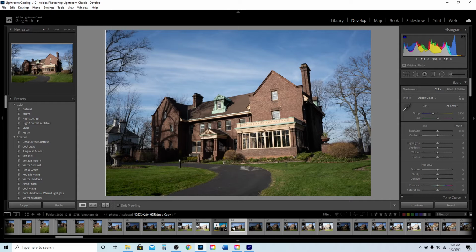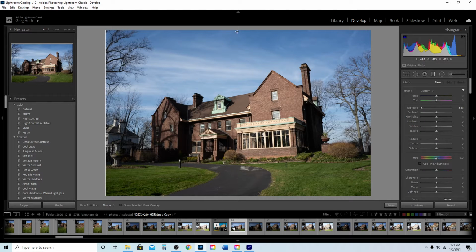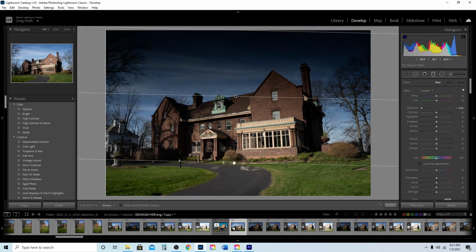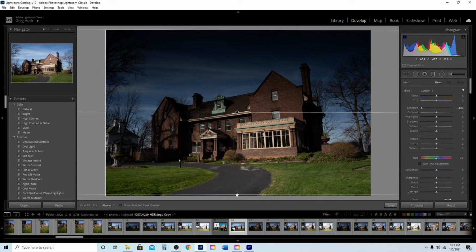Okay, here's a photo. You were asking about how to change the sky. One of the things that I use, especially for skies, is this graduated filter right here on the right side. You could use the brush also. You could brush all of this, but for skies especially, just use the graduated filter, bring it down, and